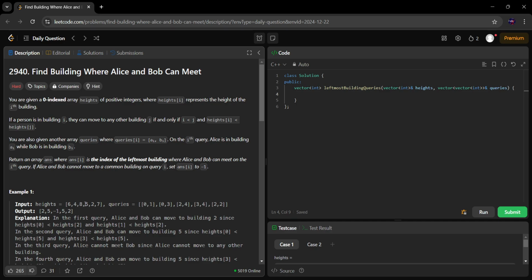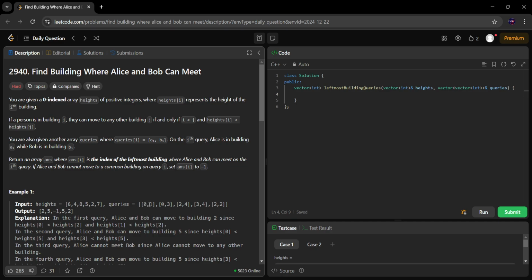We know that, because we need to sort it on the basis of height, height will be our key, and we'll be passing the query index as our second parameter, in order to keep track of which query is asking for the greater element. And we will be taking another data structure where we'll be storing, because if you see closely,